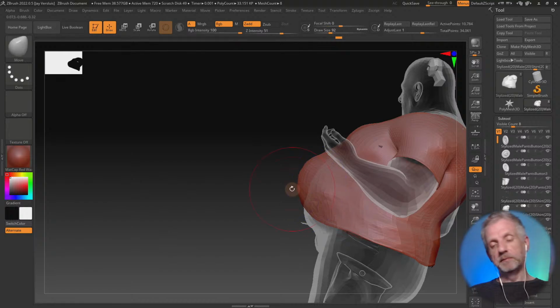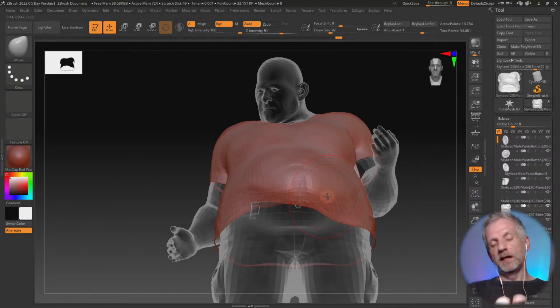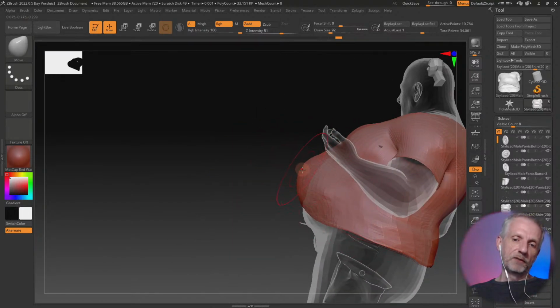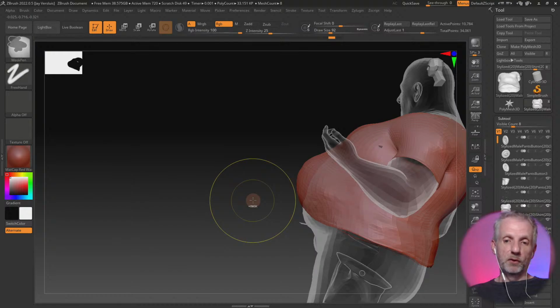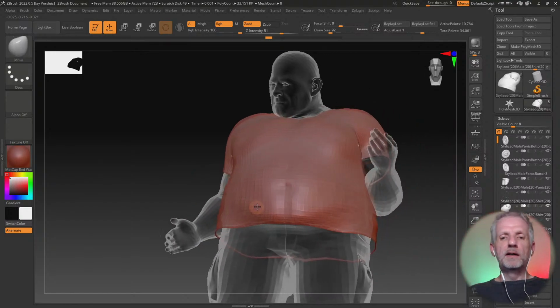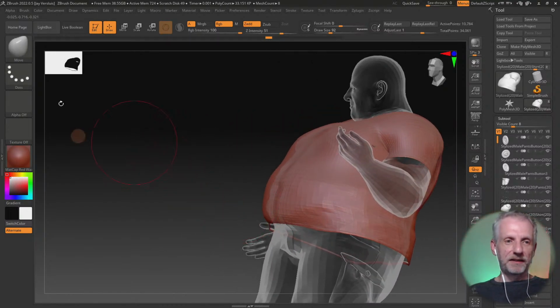Like you can see, everything's being moved up, but it's not being moved up along his body. So I either have to get rid of that now, or I have to use a different brush. So move is very, what's the word? It does one thing. There's the other one,